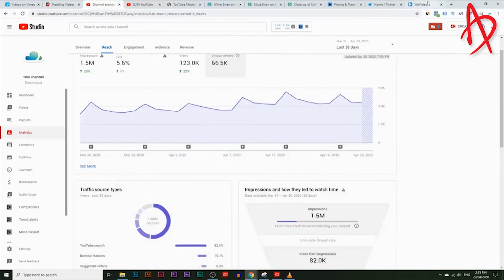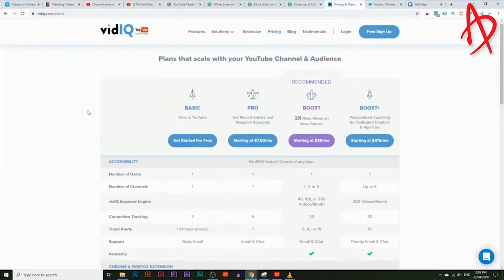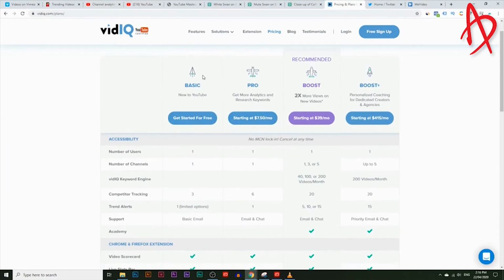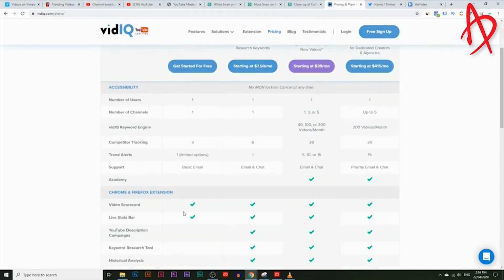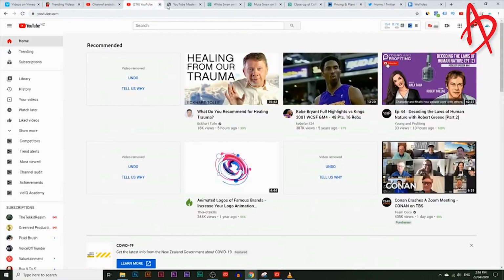So for this, you're going to need vidIQ installed. This is a free version of vidIQ, the basic version. Just go to vidiq.com and click on free sign up and you should be able to get it. And once you sign up, you'll see this little IQ icon right here. Then you just go into YouTube and search up yoga